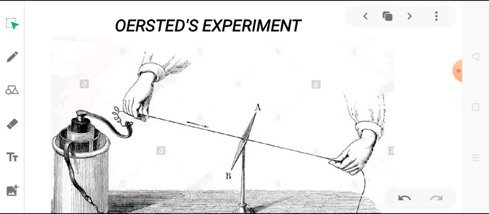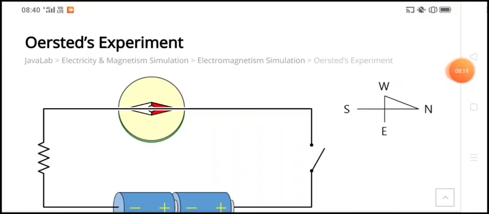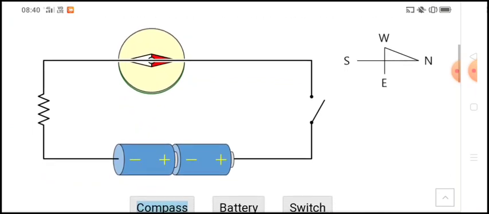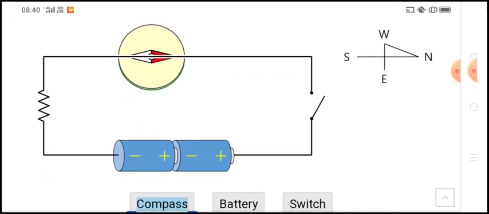But to have a clear understanding, let us use a different setup similar to this one that will help us to understand how the experiment was actually conducted and what realization was made. So this was the setup that I was talking about in Ørsted's experiment. A simple setup in which you can see that a circuit has been set up using a battery along with a magnetic compass that has been kept close to the circuit and a switch which is presently in the off state.